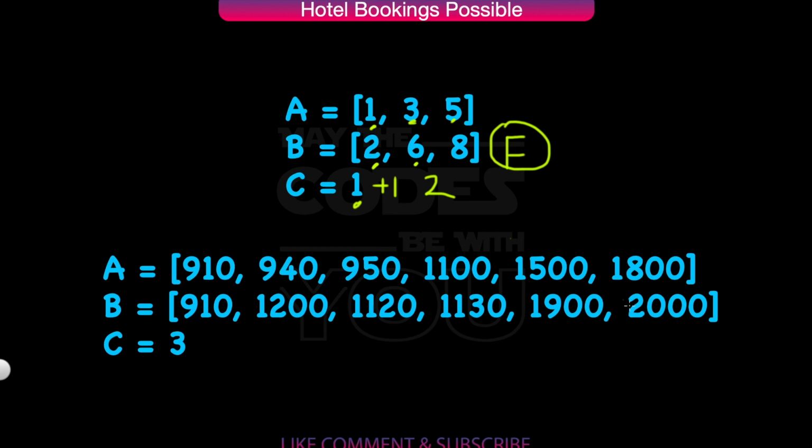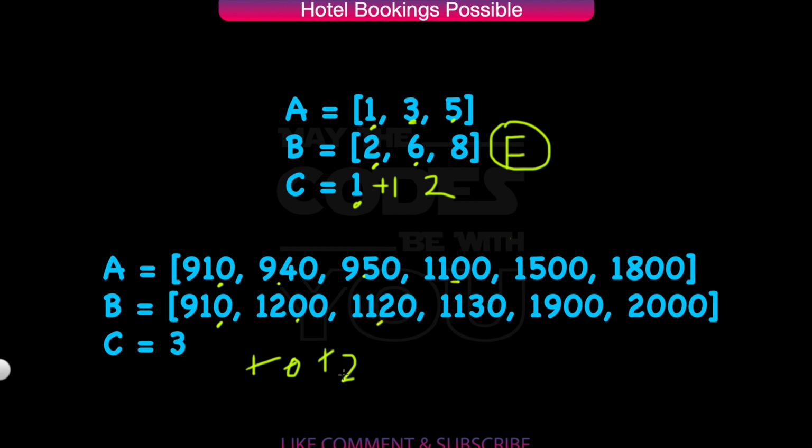Here we are given 9:00, 10:00, 9:40 and so on. We'll have to sort it first, but let's see without sorting what the answer is. You can pause and do it yourself first. So we have 9:10 and 9:10. Capacity is 3, so the current is 1, and it becomes 0 after the 9:10 departure. At 9:40 it again becomes 1, and 12:00 is the departure of this one. At 9:50 the capacity becomes 2, and then the departure is at 11:20, but before that we have an arrival at 11:00.